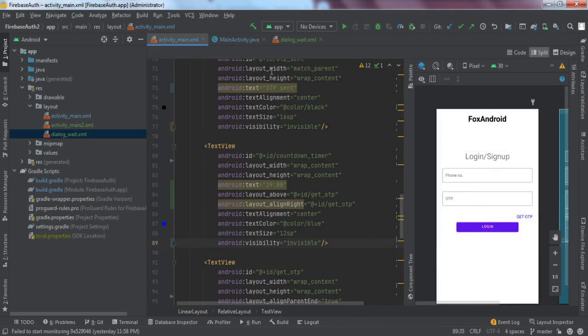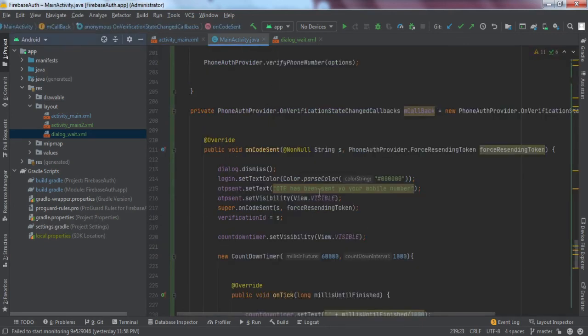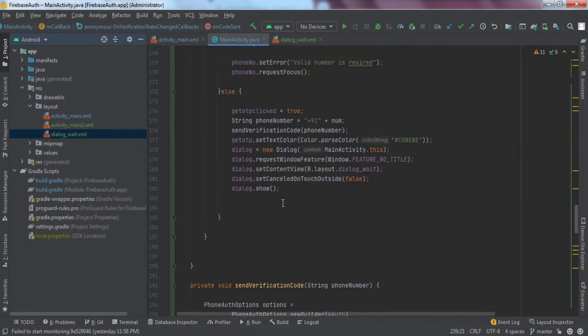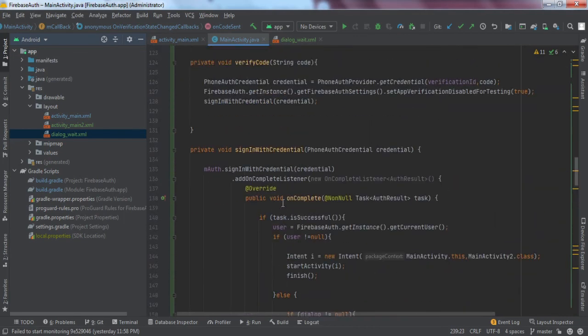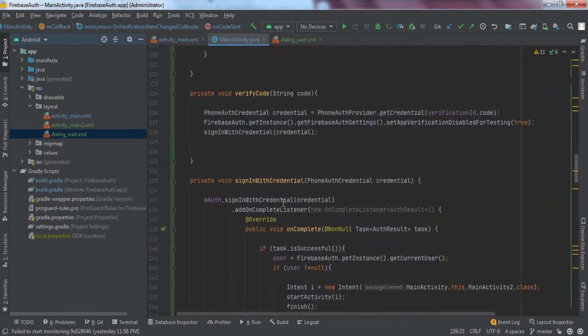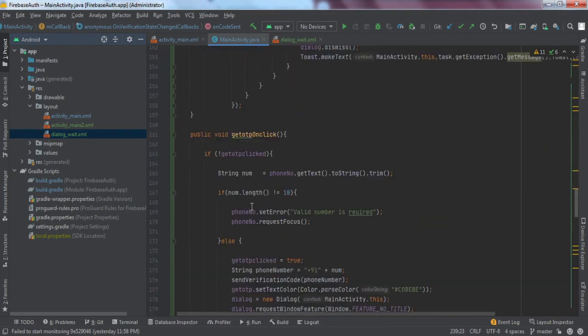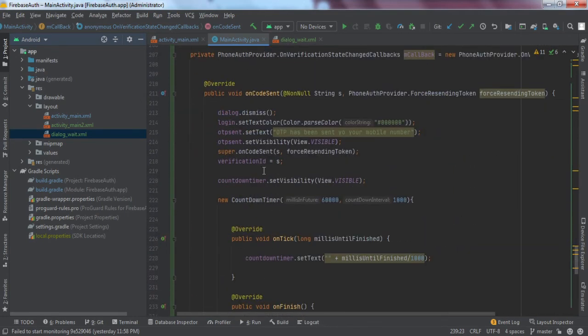Here the text will appear that the OTP has been sent to your registered mobile number, and we'll make it visible, right? So here we'll get the verification ID, as I've explained, right? We'll get the verification ID here.